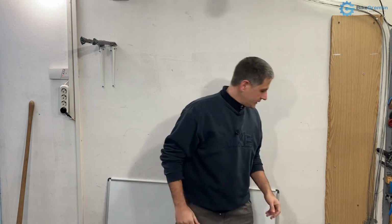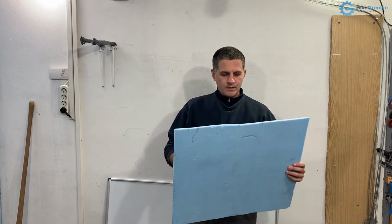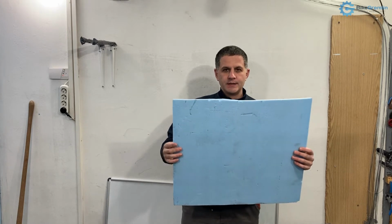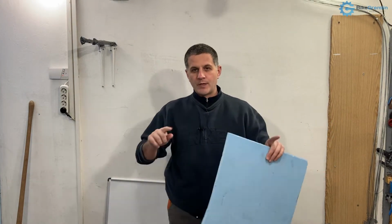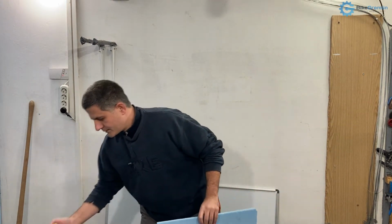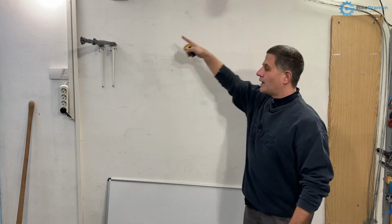So the first thing before you start doing it is to see where you're going to place it. Where exactly and how exactly are you going to place it. And for that, it's a good idea to make some kind of a mock-up. This is just as an example, but generally you can make something that's light and easy to hold up against the wall. You can cut out like 4 pieces out of something like this or some cardboard, then measure the complete size of your whiteboard using a tape measure like this,